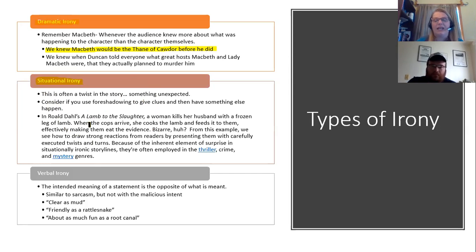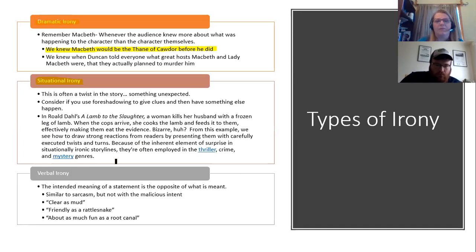And one of the things too is if you foreshadow something the whole movie, or you set up something the whole time, and there are these other little clues that exist, but then at the end you twist it on itself, that's situational irony. So it doesn't come out the way you expect. And I think this one's a great example. I stole this one, but